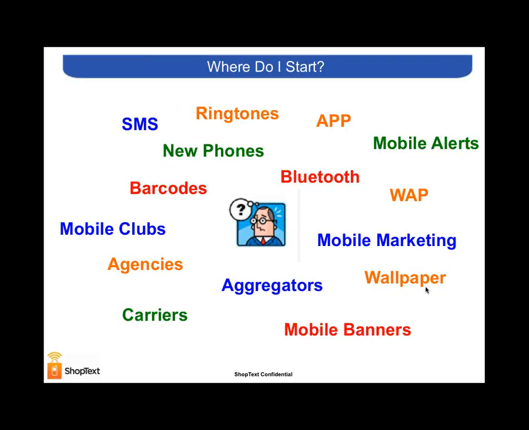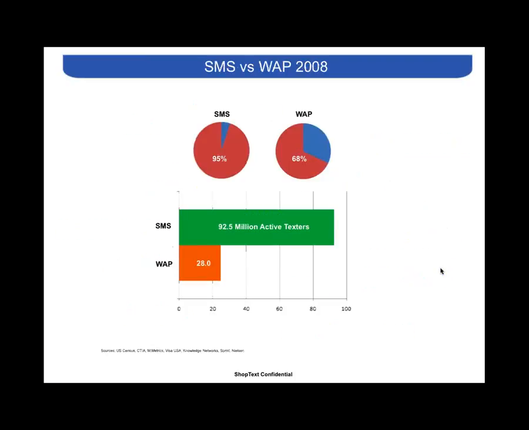So, the question really gets down to, where do I start? There are a gazillion different things that I can be doing, whether it's thinking about the screen and getting our website on the screen, or coming up with our own app and how are we going to configure this for new phones, who are the right people to use, etc. And if you just back up for a second and stop, and just compare the screen to what's going on in SMS, this is data from 2008 that shows 95% of all the phones in the United States are text-enabled.